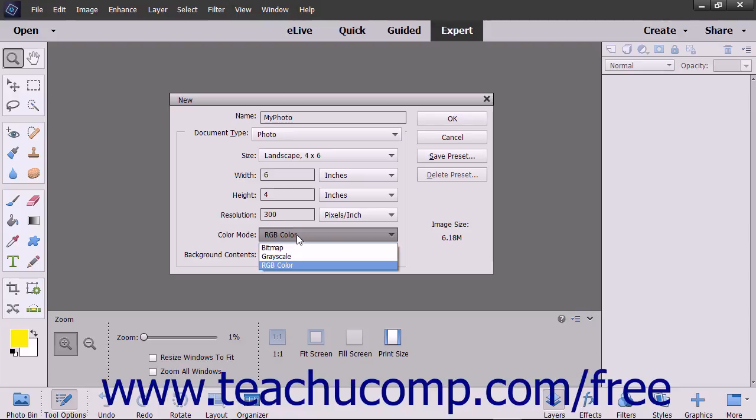Even if you or someone else is going to print the image in a CMYK process, you must first edit the image using RGB, since that is how a computer monitor displays color anyway, and also because CMYK is not available in Elements. You can then convert the image color mode to a CMYK color mode in a different application